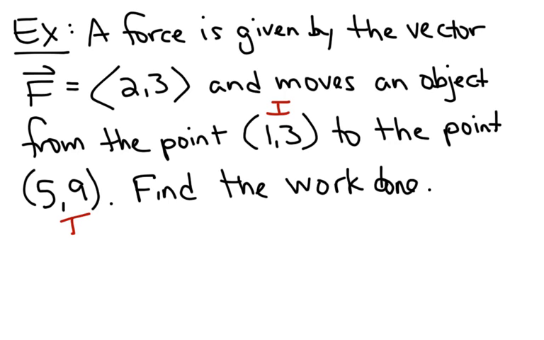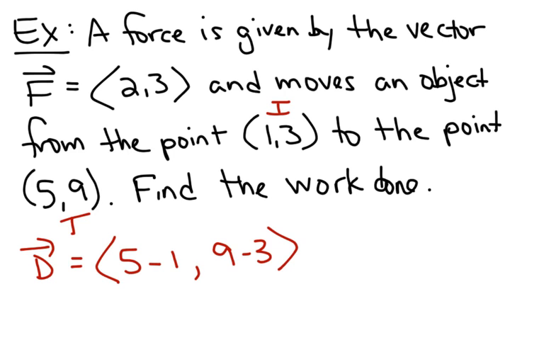So if you know the initial and terminal point, you can find the vector by doing terminal minus initial of the x's, terminal minus initial of the y's. So the distance vector must be 4, 6. Now I can find the work done